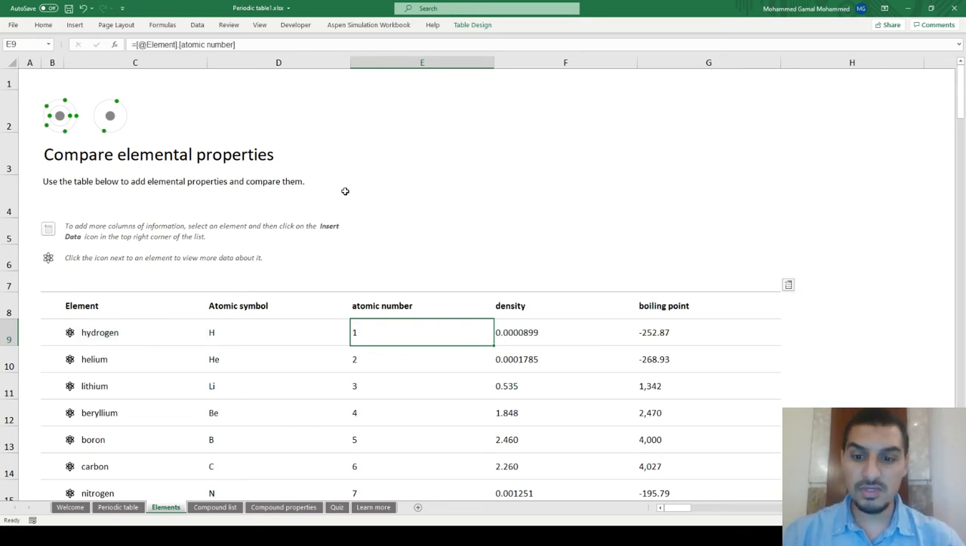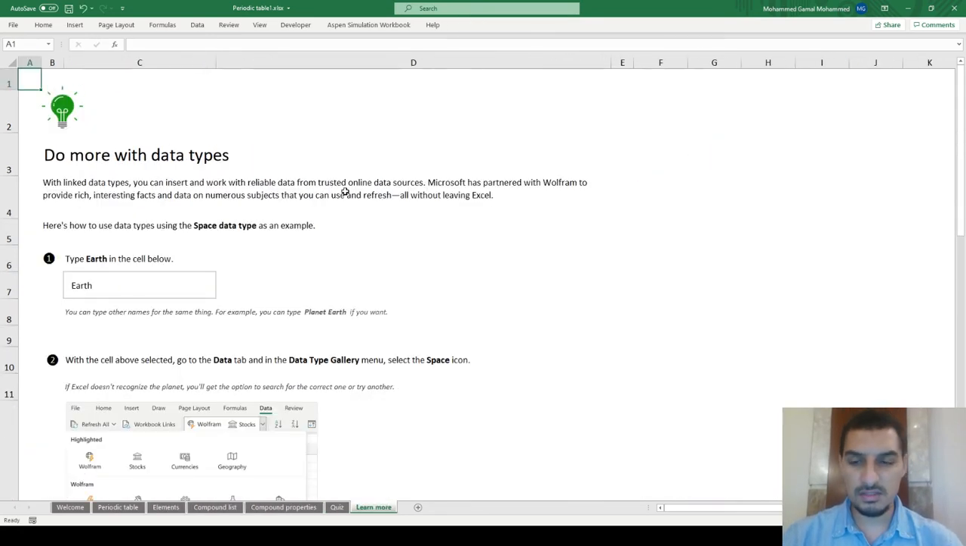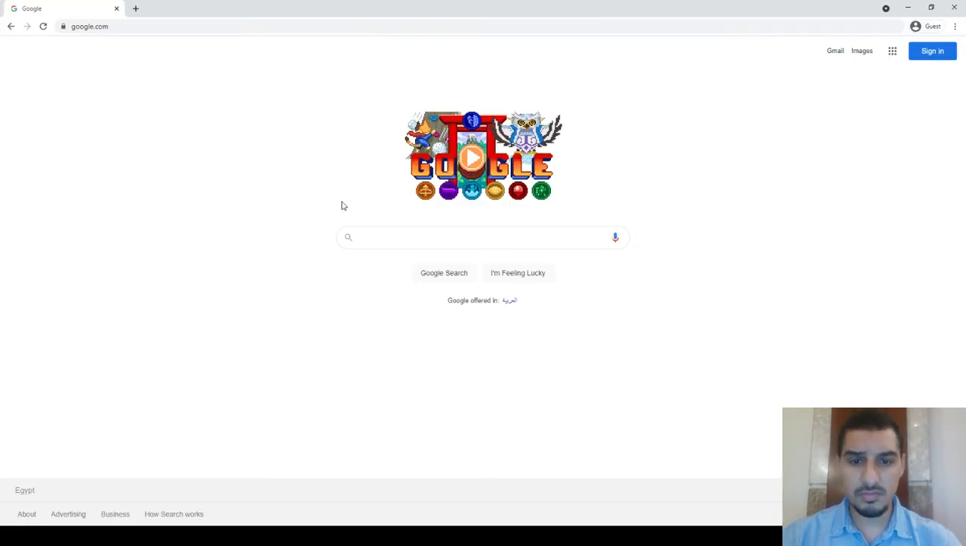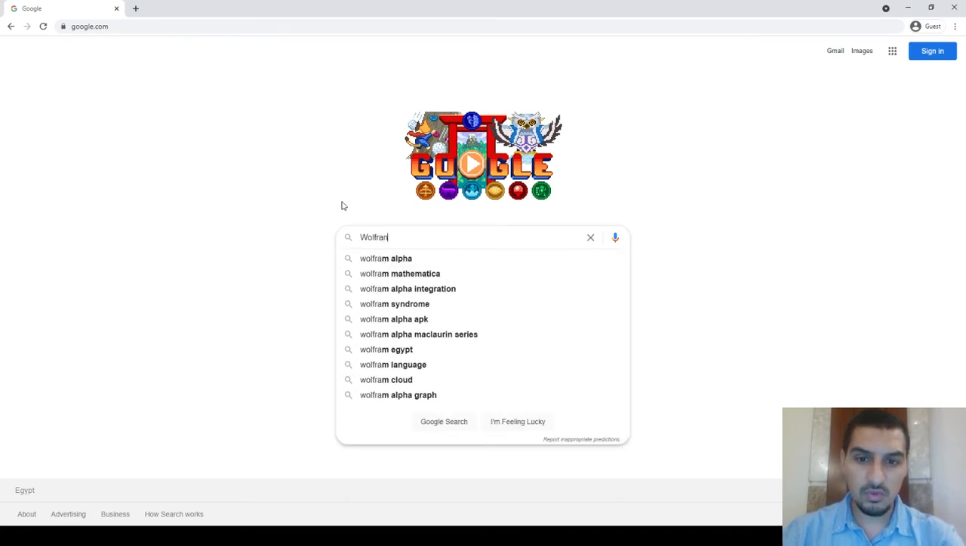Until finally I was able to find the answer to this question in this last tab here, which is going to be in almost all the templates that you can find in Microsoft Excel. I couldn't understand what it was talking about in the very beginning, but then I found that it says that Microsoft has partnered with Wolfram to provide rich, interesting facts and data on numerous subjects. To understand what this sentence is talking about, just do a quick search on Wolfram Alpha,